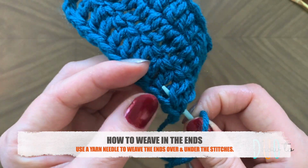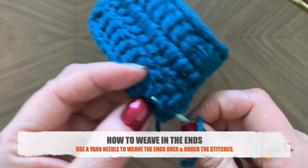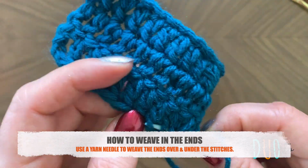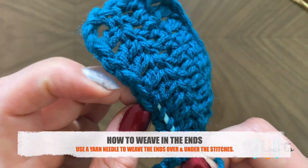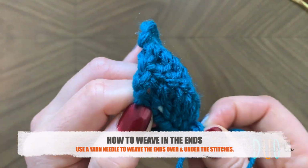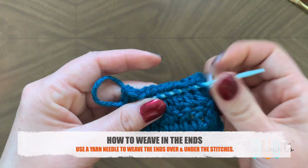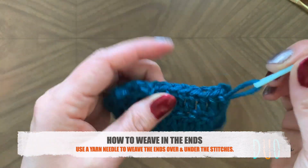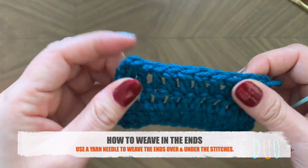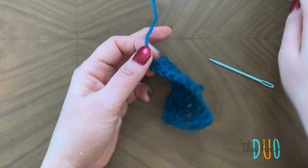between the yarn, tucking it in, just making sure you're not splitting the yarn, but in between all the stitches. So under, over, under, over, under, over, under, over, until you get to the end. You're going to pull the needle all the way through. Now I could go the other direction, but I'm lazy like that, so I'm just going to cut this end